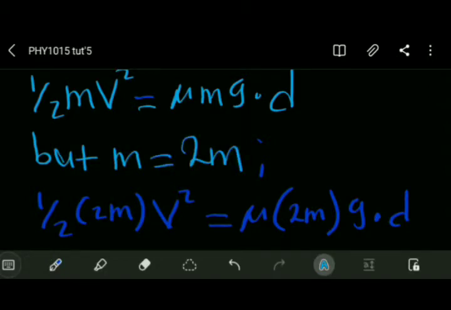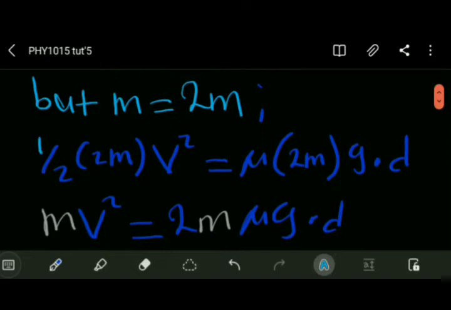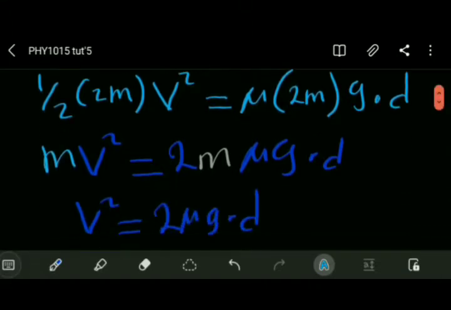Therefore, if we substitute in the change of energy, we are going to have half 2mv squared equals mu 2mg times the distance. I hope this makes sense. If you work that out, you're going to realize that the mass is going to cancel out, and you're going to remain with v squared equals 2 mu g